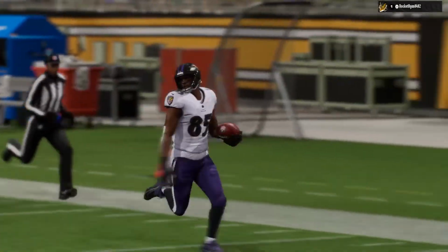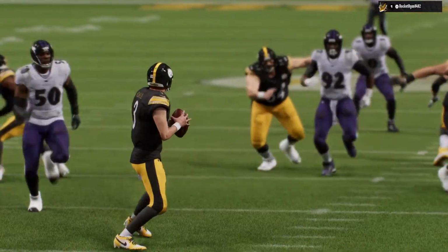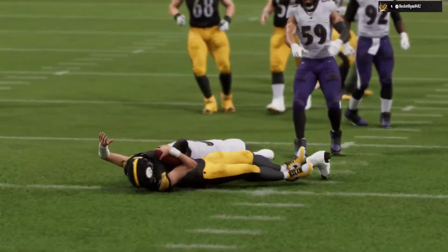So for the Ravens, it's a big win here as they move to 11-4 now in the year. And they will head back home next week. Meanwhile, for Pittsburgh,